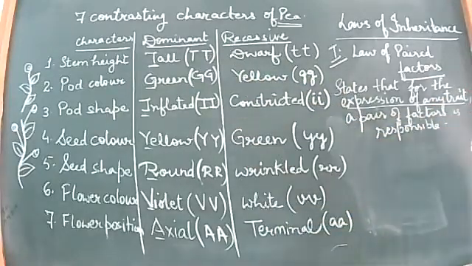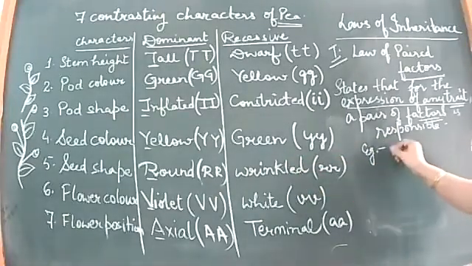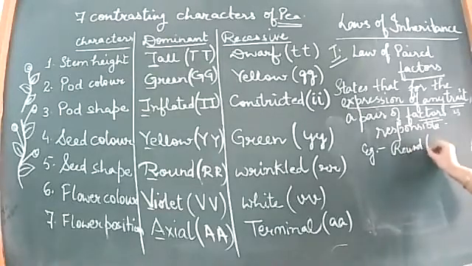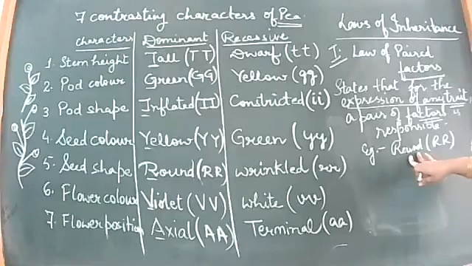Okay, you'll be using the terms given by Mendel only when writing the laws. You will use the term factors and the term traits. For example, you can mention any example out of it. For example, the seed shape being round is expressed by a pair of factors, that is capital R, capital R. A trait, that is round seed shape, is expressed by a pair of factors, capital R, capital R.